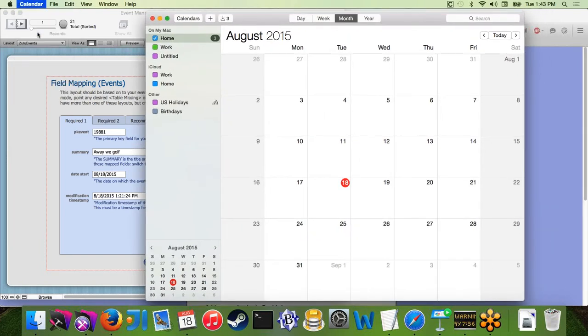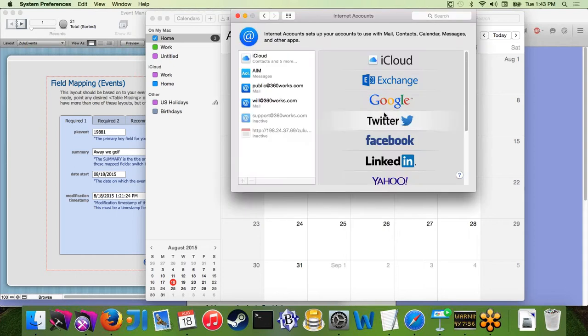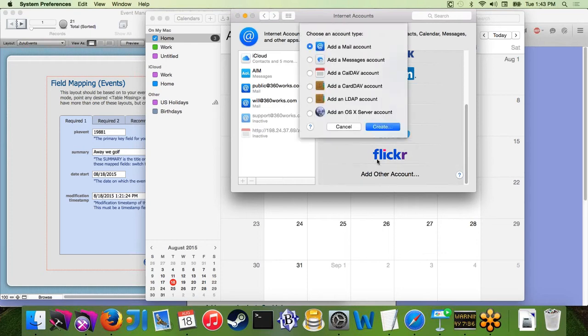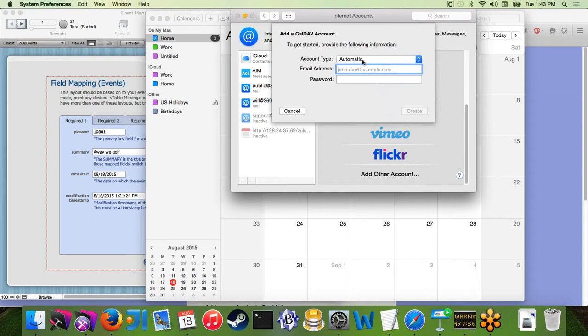So the first thing I'm going to do is go to Accounts, which will open up System Preferences, and I'm going to scroll all the way to the bottom and choose Add Other Account. We operate using the CalDAV protocol, so we're going to select CalDAV, Create, and then switch the account type to Manual. We're going to use the username and password. You'll notice that I'm not using the admin no password account, and the reason why is because Apple Calendar doesn't actually support accounts that don't have passwords. So we had to create a special user account just for